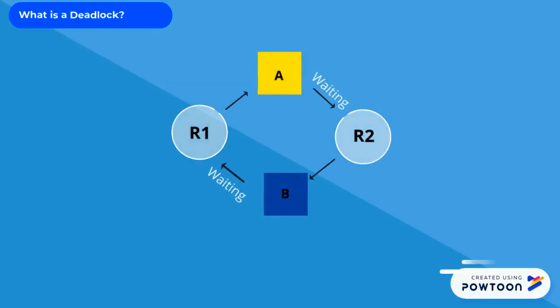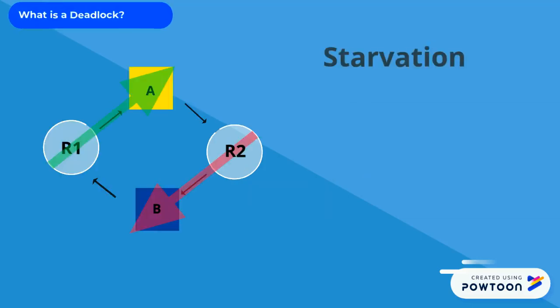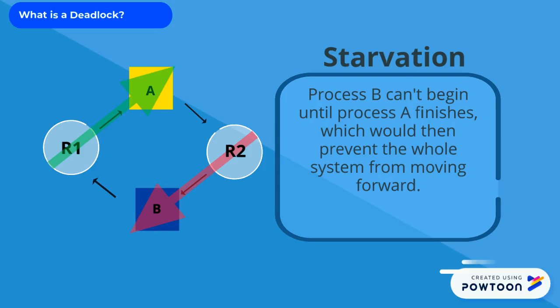Here we can see a graph in which process A is waiting for resource R2 to be released by process B to finish a task. At the same time, process B is waiting for resource R1 to be released by process A to finish a task. This is called starvation, because process B can't begin until process A finishes, which will prevent the system